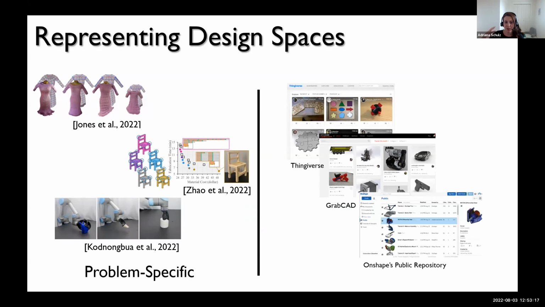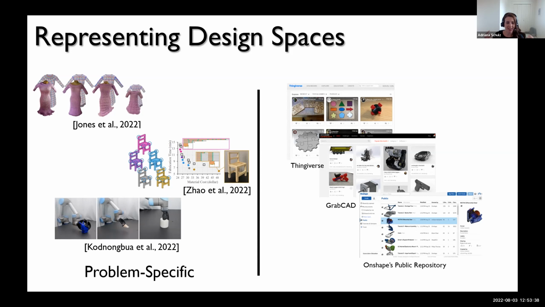So I believe that a really important step to developing design systems and computational tools for the next generation of design systems is deeply understanding the representations used in CAD systems and how we are going to be able to leverage them in these types of design optimization and exploration tools.